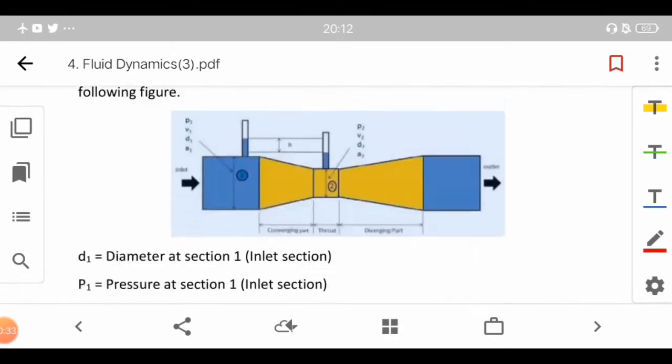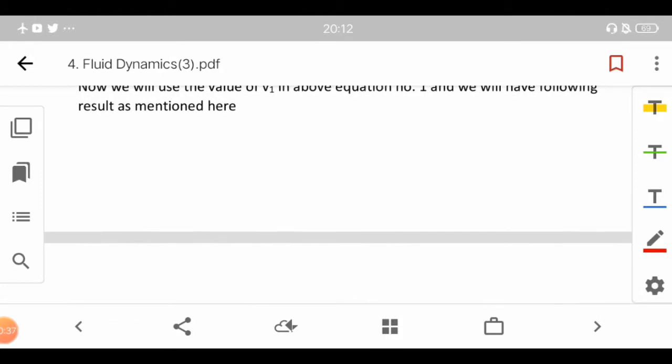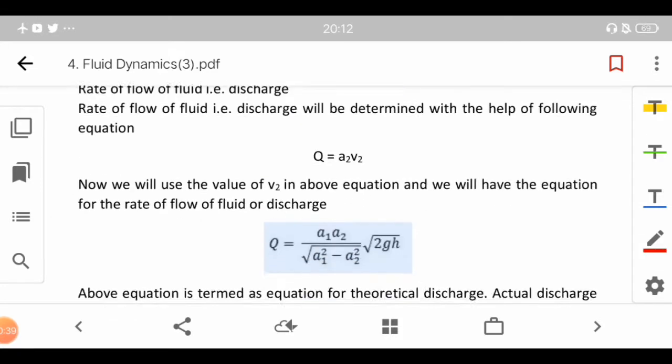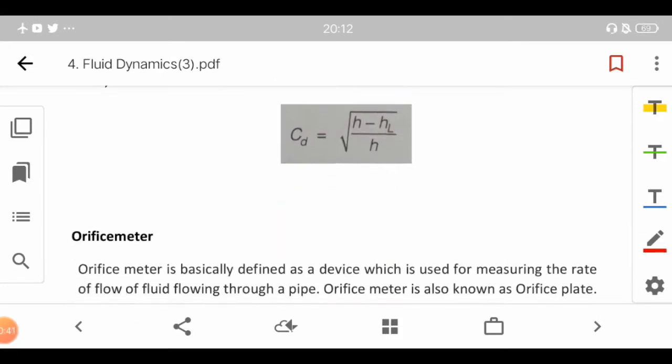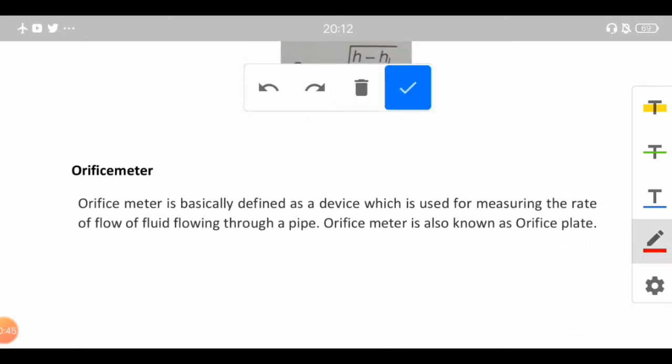In this video lecture, we will start the application. We will actually resume the application of Bernoulli's equation in the orifice meter. And if you have not gone through the previous parts, I would request you to first go through the previous video lecture, whose link is given in the description, and then proceed to this one.